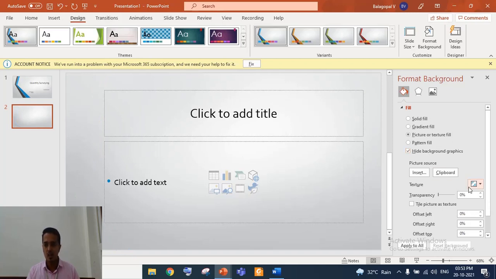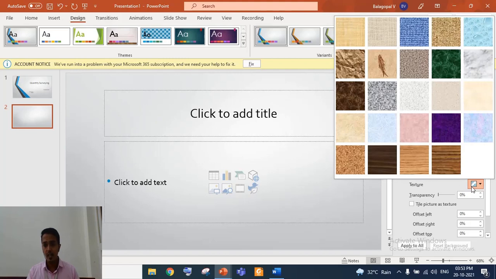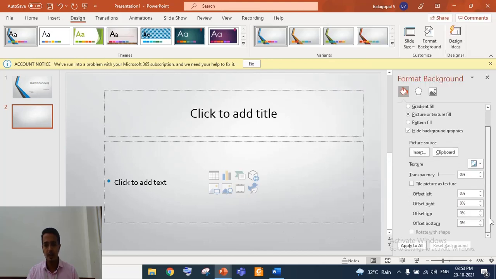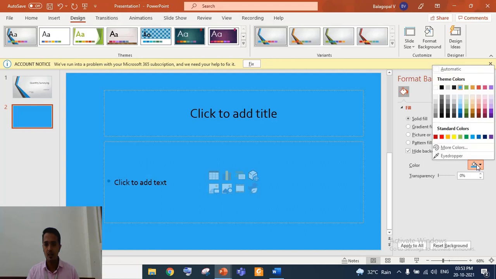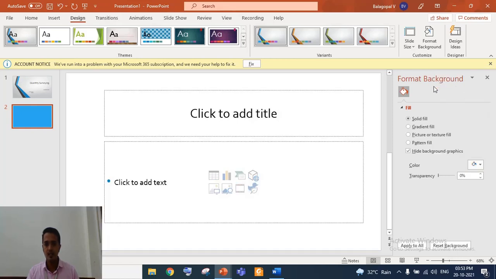You can hide the graphics, and also you can remove the graphics entirely. Okay, for that you have to choose solid fill, and you have to give the color as white. Then the slides will be plain and white.